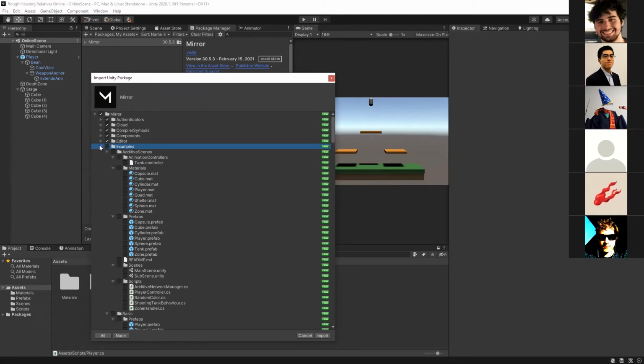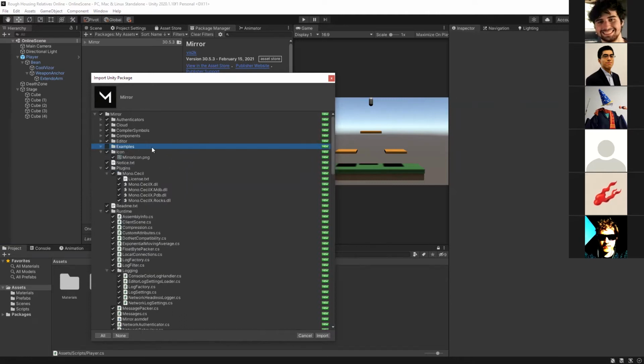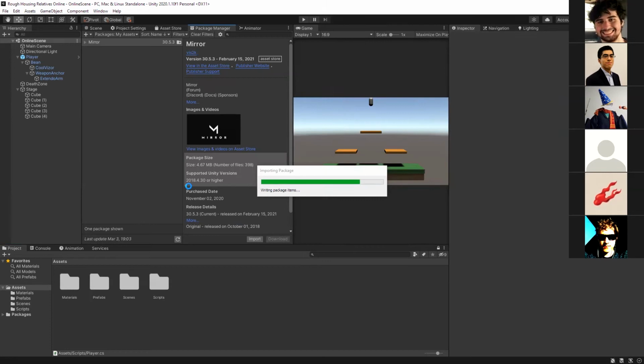So you're going to be stuck importing if you keep it checked. You can make your own blank project and import it there, and it's actually pretty cool to play around with these and see the code examples. But for the purpose of this workshop, just keep it unchecked, because if not, you're going to be waiting a while to import all of those. But yeah, that's all. If it's already been imported, it won't mess anything up. The only thing is that you can't unimport it, because it changes some background processes for Unity.